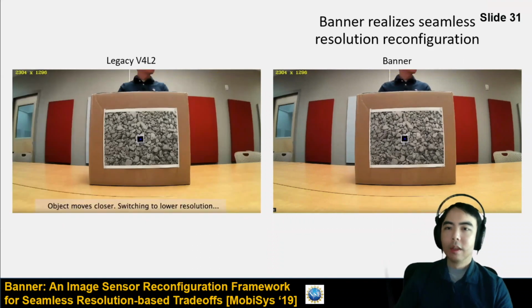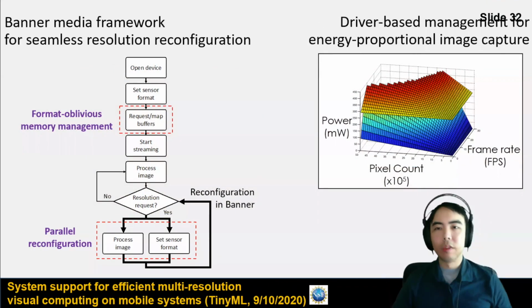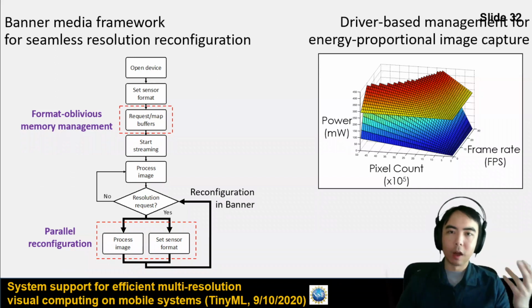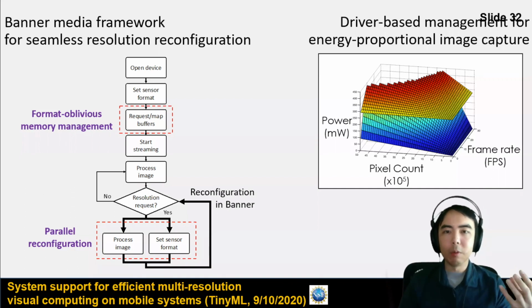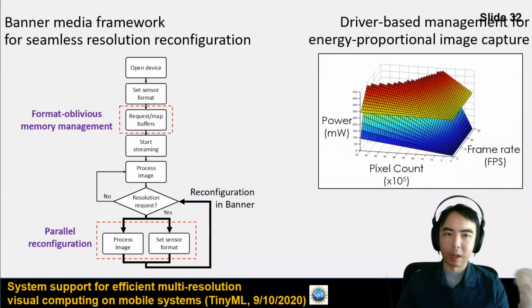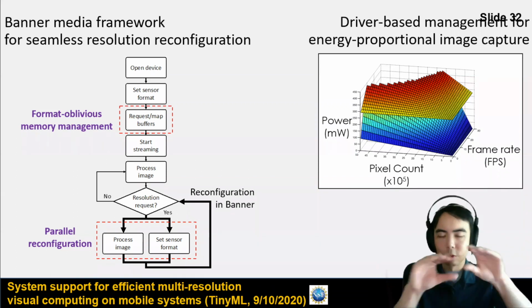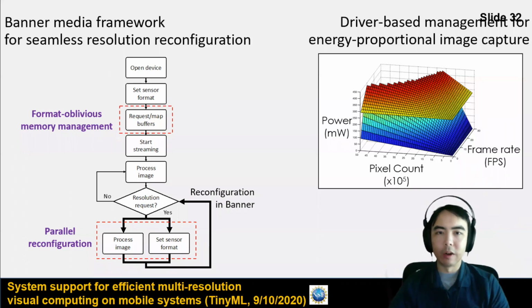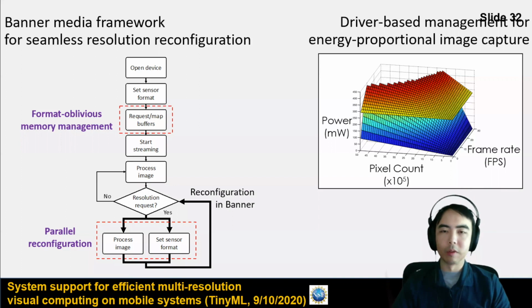Thank you, Suren. So to wrap up, these are the two techniques that we talked about here. One is this driver-based management for energy proportional image capture by being able to turn off the sensor opportunistically by putting in an aggressive standby mode, and then using that time to play with the clock frequency, because now you have time to make the shape of your power times time curve either shorter and fatter or taller and skinnier, and you can play with that to make your area under the curve really optimal.